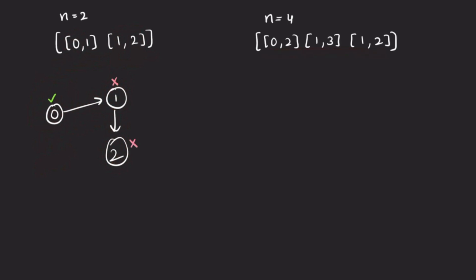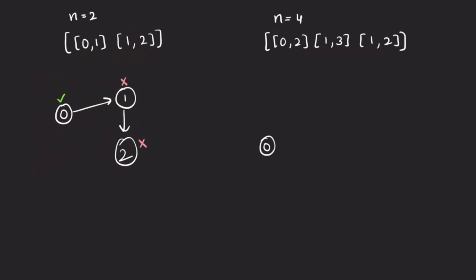Now if we go towards the next test case, here the number of nodes given to us is 4. So there is a directed edge starting from node 0 and going towards node 2. Then we have a directed edge starting from 1 going towards 3, right? Then from 1 towards 2, right? Now if we see node 0, it has only one directed edge starting from itself and going towards node 2. That means node 2 is weaker than 0 and also weaker than 1. So node 2 cannot be our answer, but node 0 can be,